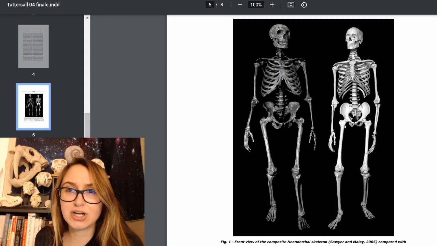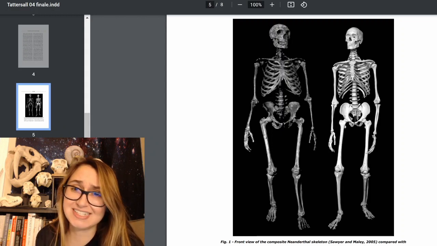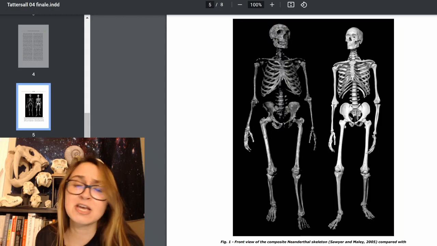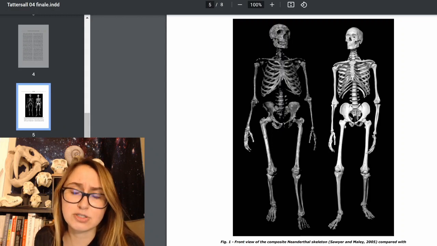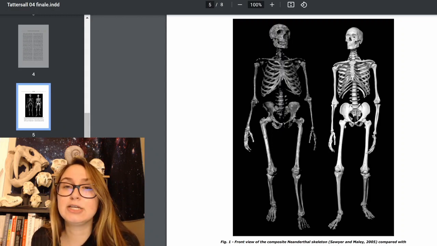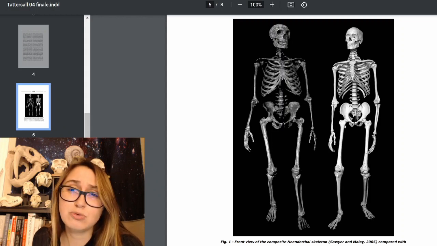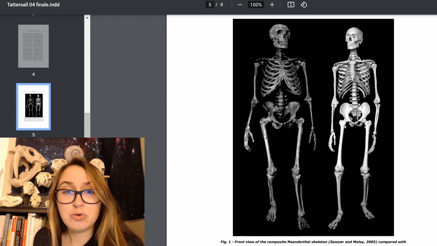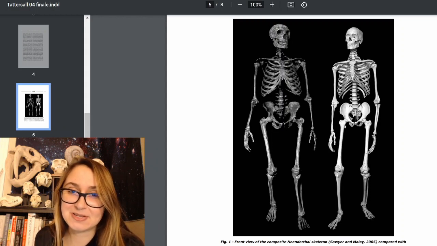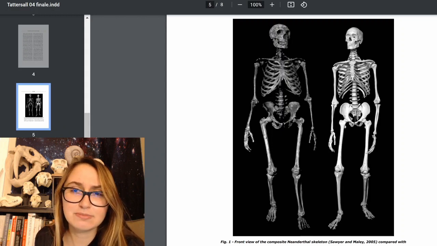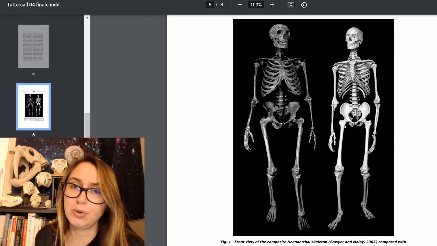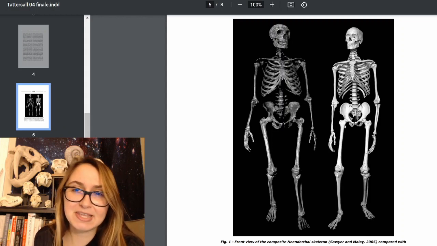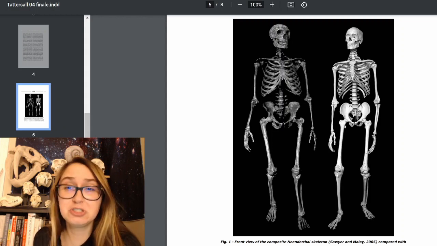And while these guys are kind of scaled, Neanderthals were actually significantly shorter on average than humans. They were about 5'2" as a pooled sex average, and humans are about 5'8"-ish as a pooled sex average from archaic populations. So that's a pretty big difference. In weight, though, they beat us out as well. Their average weight was something like 160 pounds, so 70-something kilograms, and for humans it was like 140. So, significantly heavier and significantly shorter too.